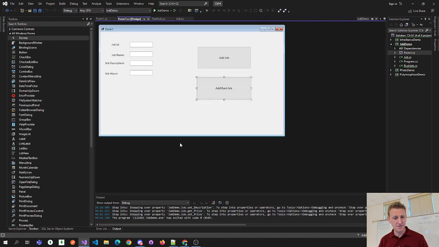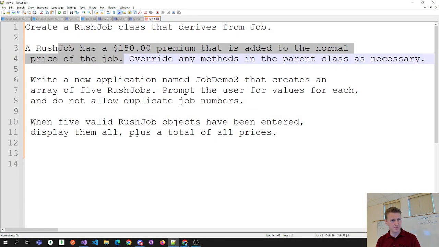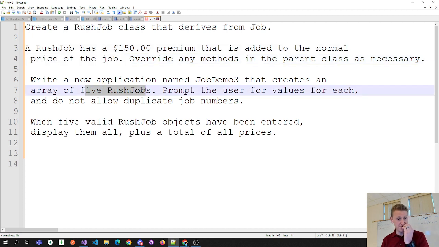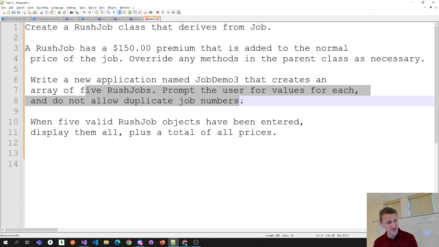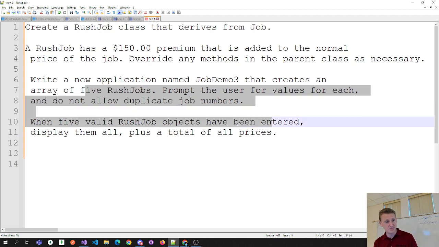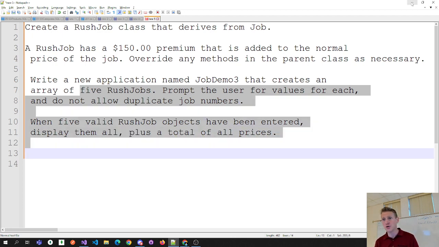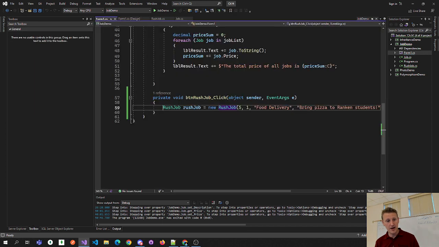If I flesh out the rest of this program, override any methods in the parent class as necessary. I didn't need to. Write a new application named Job Demo that creates an array of 5 rush jobs. Prompt the users for values for each and do not allow duplicates. When 5 valid objects have been entered, display them all plus a total. Okay, so let's go back here